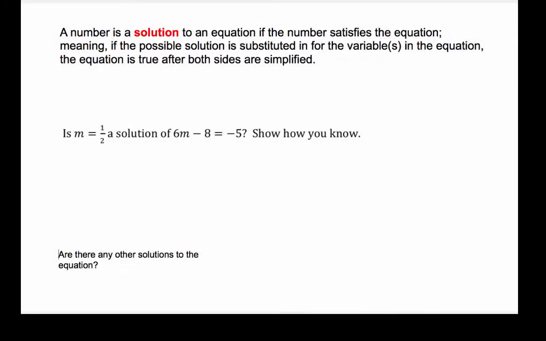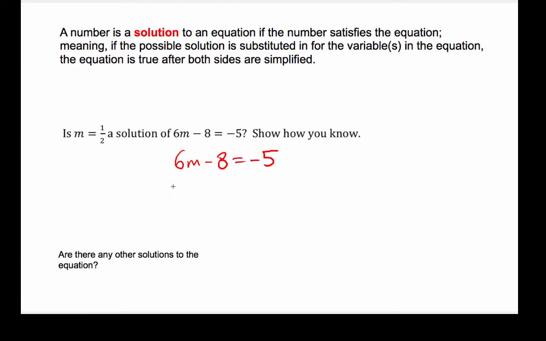A number is a solution to an equation if the number satisfies the equation, meaning if the possible solution is substituted in for the variable or variables in the equation, it is true after both sides are simplified. So the question is: is m equals 1/2 a solution of 6m minus 8 equals negative 5? So we were given a possible solution, and we want to determine if it is in fact a solution or not. So what we do is we take our equation,